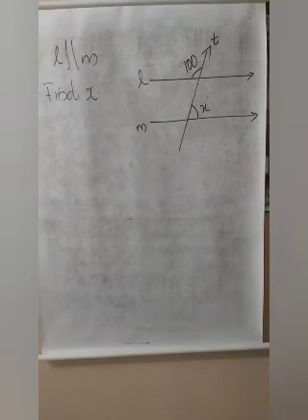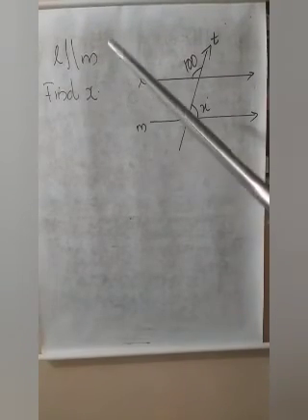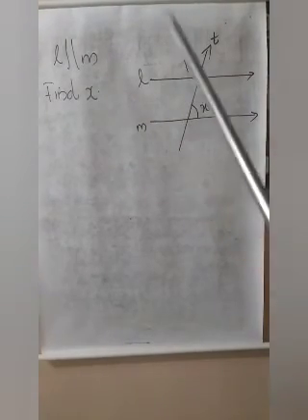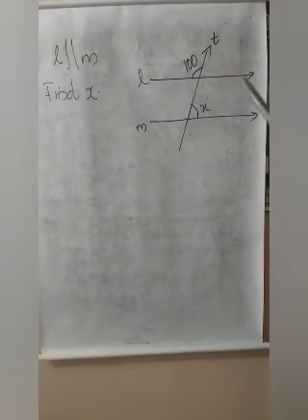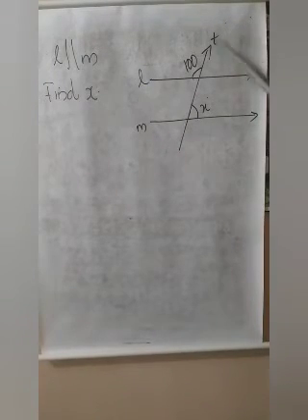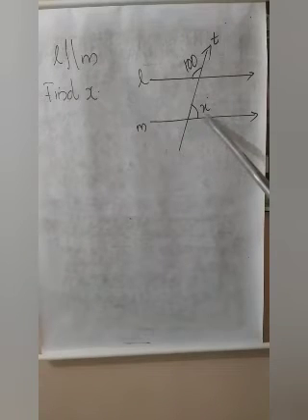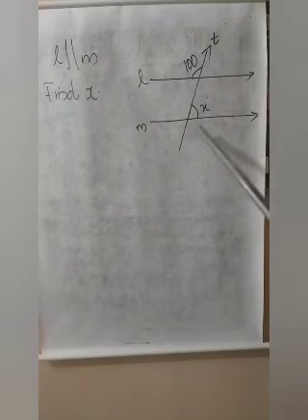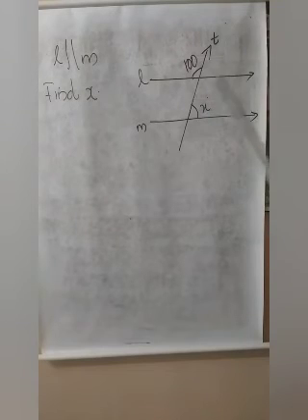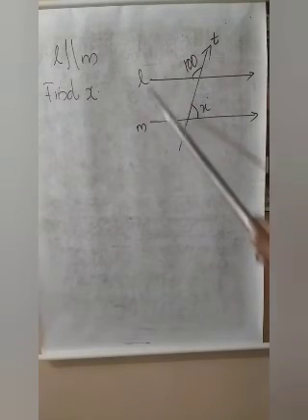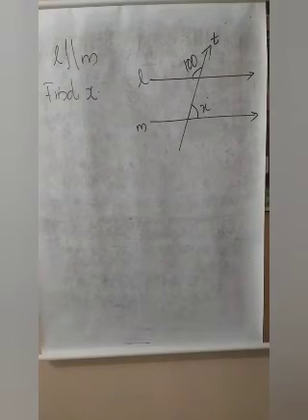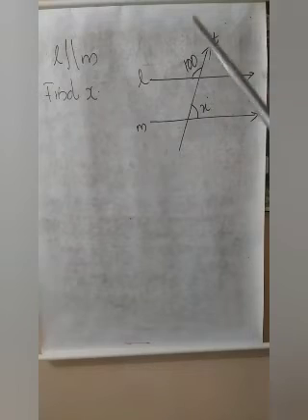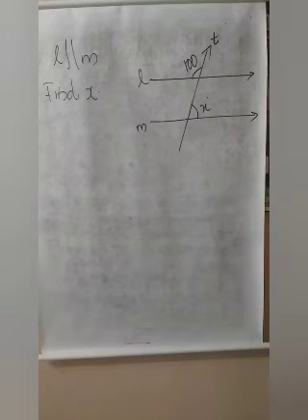Next question. Here one figure is given. Given L is parallel to M, we want to find X. By looking at the figure, this is the line L, this is the line M, and this is one transversal T. Here comes the X, and here the angle is given as 100. We need to find the value of X. The only given condition is L is parallel to M, and this value is given. So, how can we find X? Don't think that this X and this 100 are equal. Why? Are they equal? No, they don't have any relation.